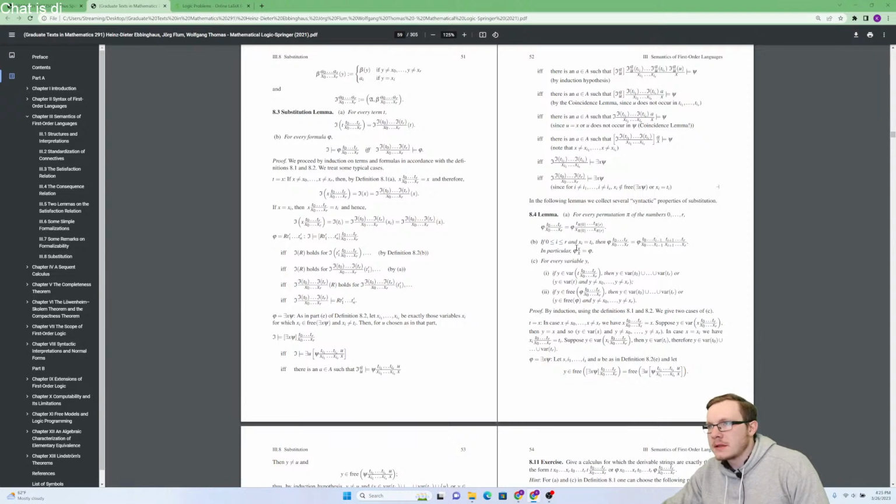Zero is less than i is less than r, and xi is equal to t. Then